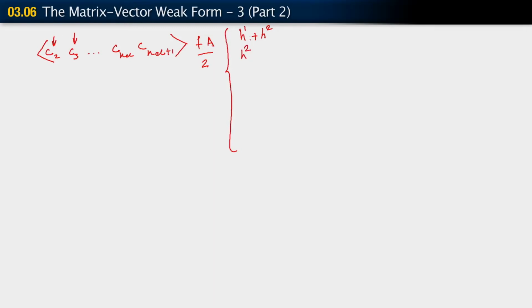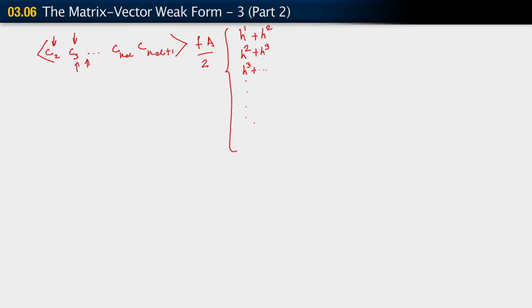And then we go on to element 3. Element 3 has contributions from C3 and C4, which is the degree of freedom sitting next to C3. Okay? The contribution from C3, since we're now talking of element 3, would be H3. Okay? The contribution corresponding to C4, since we're still talking of element 3, would be H3. Okay? The process continues